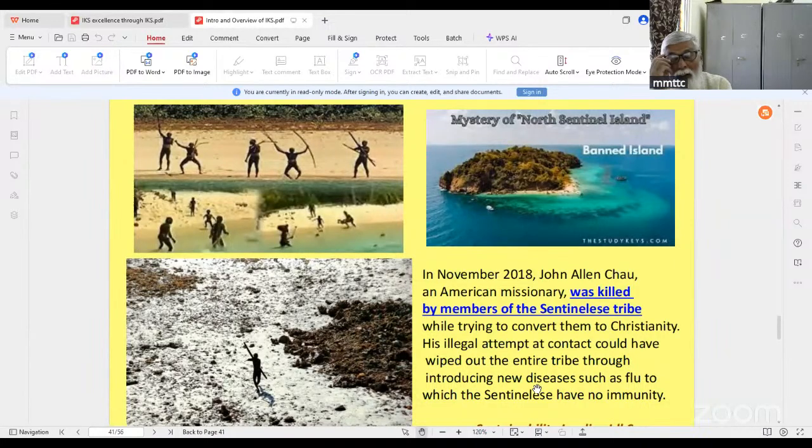This is what happened in South America when Christopher Columbus and his followers went to South America. They carried with them typhoid, cholera, jaundice, syphilis, gonorrhea, all plague, all modern diseases they took with them in the ship. They were immune, so nothing happened to them. But when they spread it to the South American native population, millions of people died. That's how a small European population was able to conquer the whole of South America.